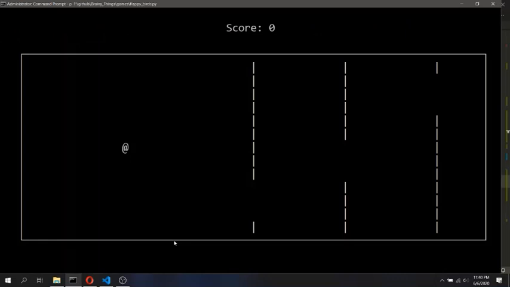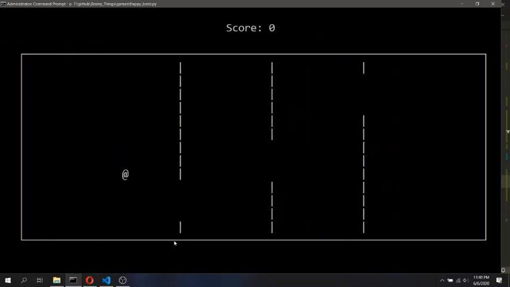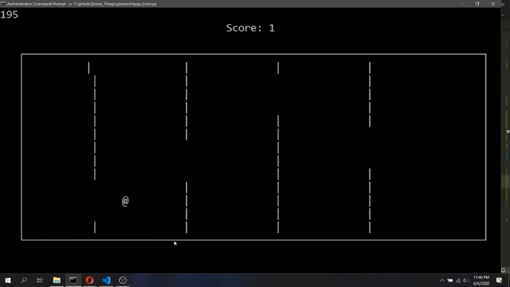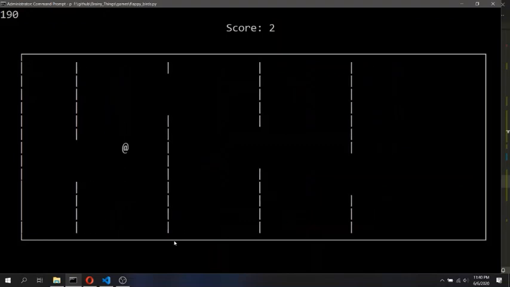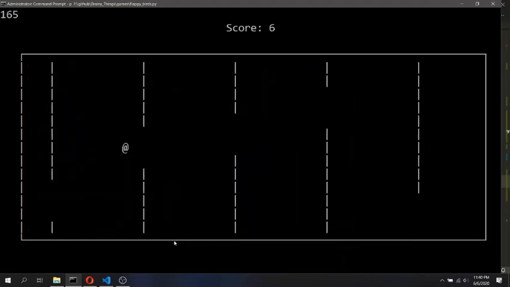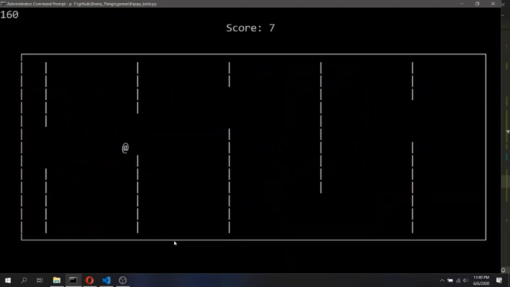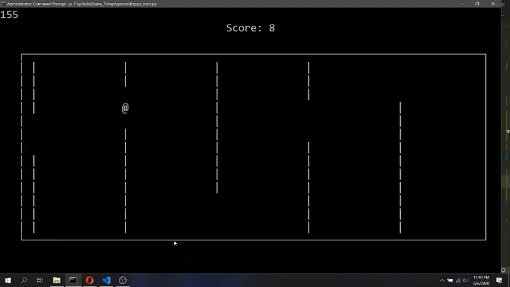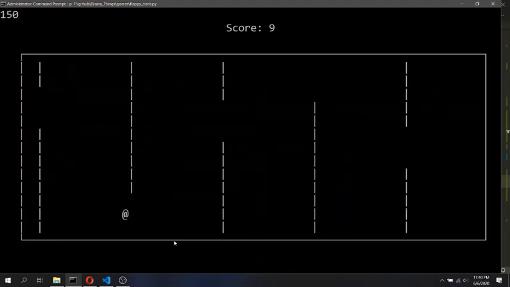Let's see. Initially it will be 200, and as the new pipes are being added to the game, the game difficulty variable is decrementing by 5, and the game is getting harder and harder because we need to press the keys faster over here.